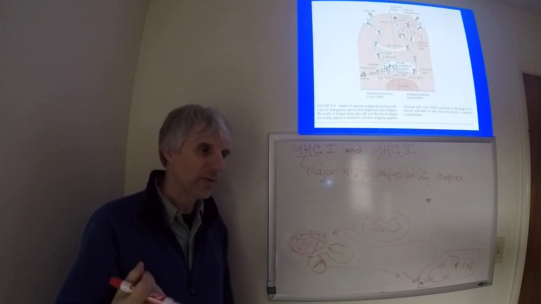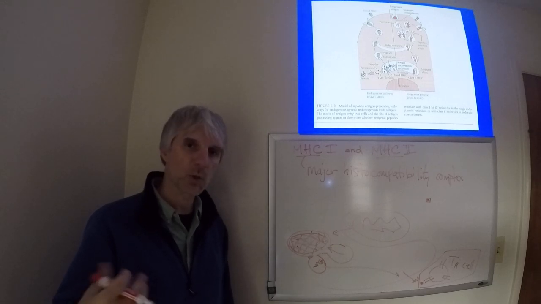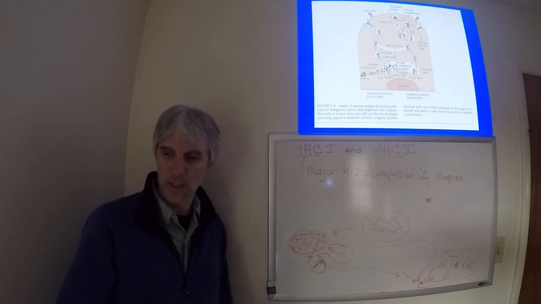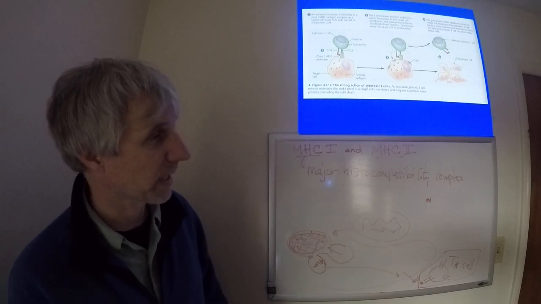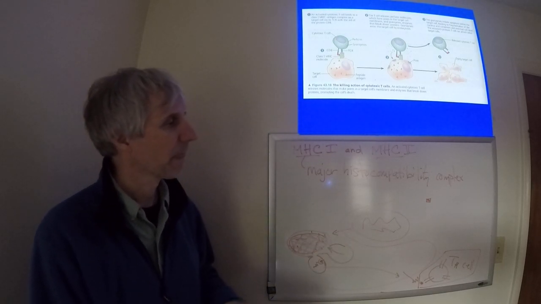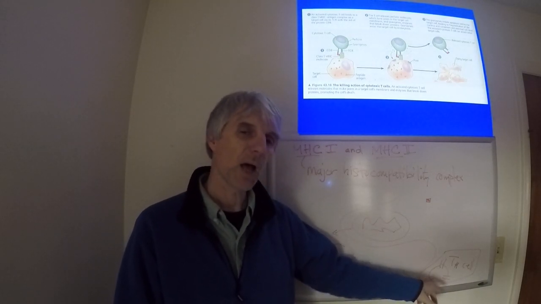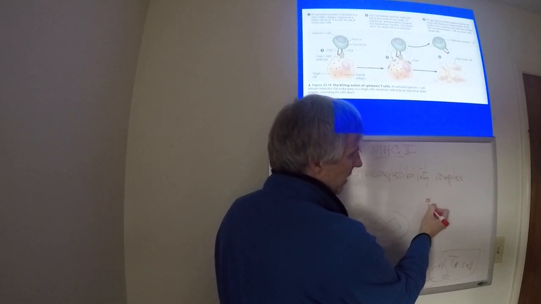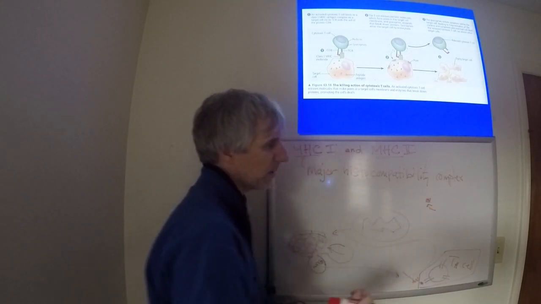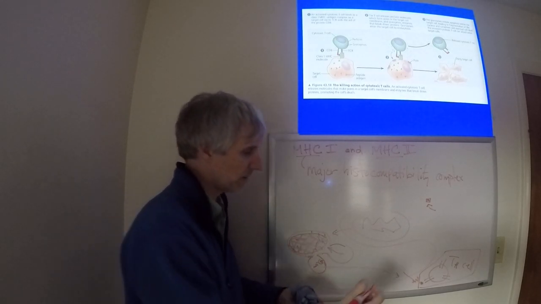But the ones that are of interest to us are the ones that trigger an immune response, either causing the cytotoxic T cells to get all jazzed up, or getting the T helper cells all jazzed up. Any little peptide that has the ability to elicit this immune response